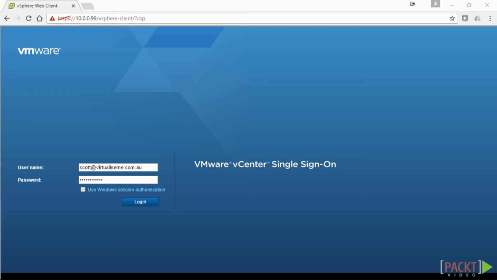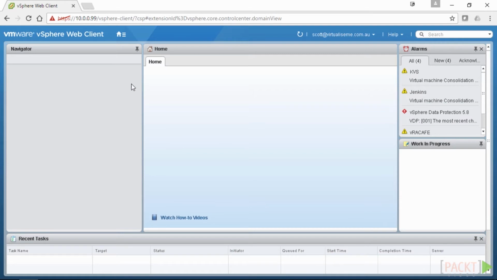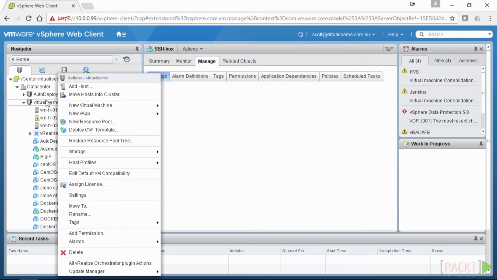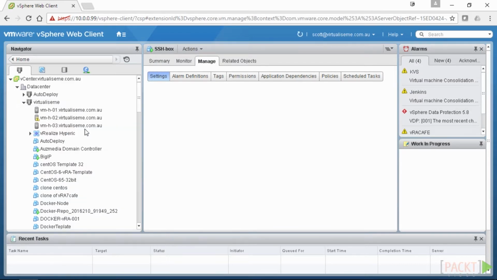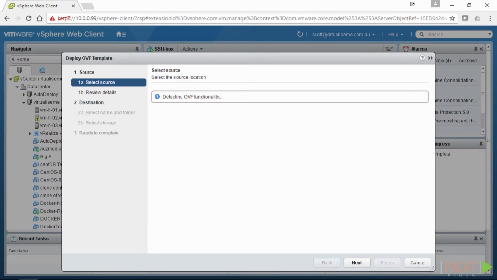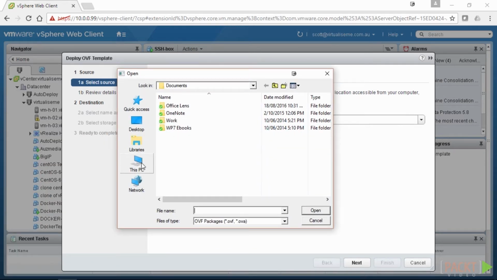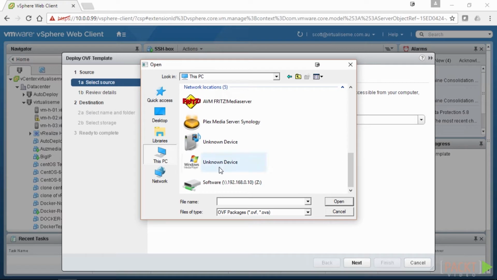which will allow you to download it. We need to log into our vCenter. So here I'm going to log into the web client, and once we're logged into the web client, we want to choose the cluster. We want to deploy the OVF or OVA too. So I'll go to the cluster, I'll choose my lab here, and let's deploy a template. Now we want to choose the file, and in this case it will be